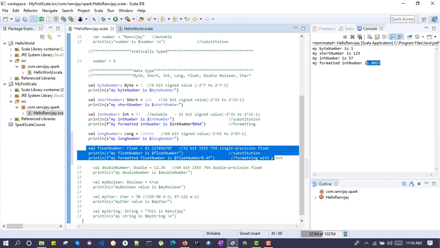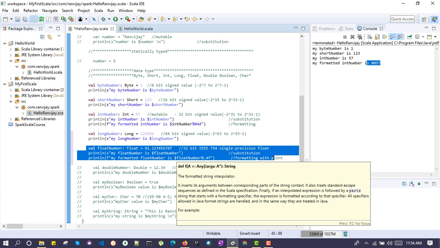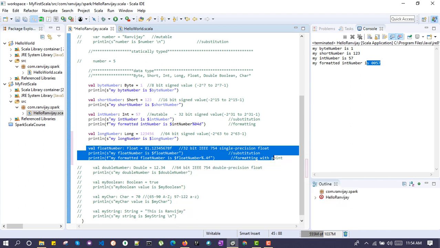But with respect to float, it's the precision, how many digits you want in the precision. So that is percentage, decimal. So we want four precision value, and followed by f.